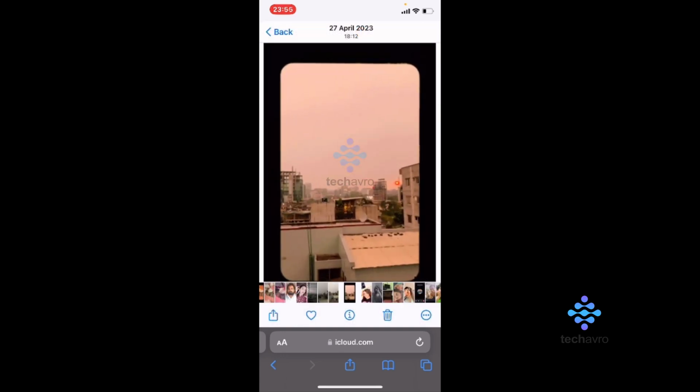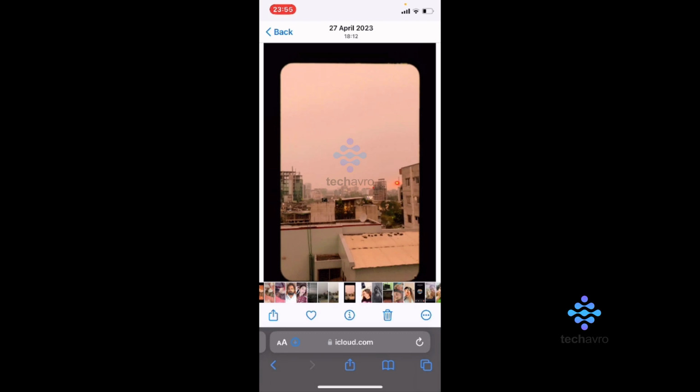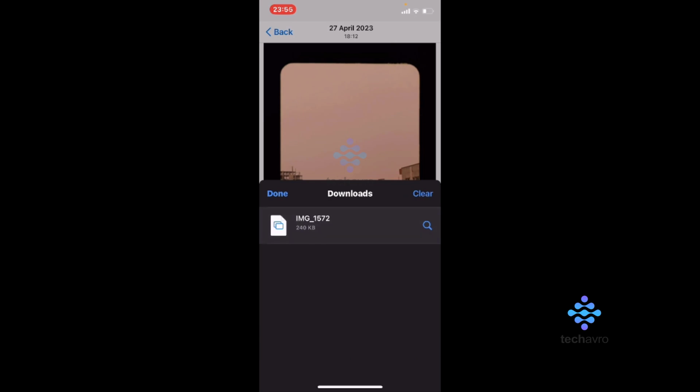And on the bottom right corner you can see the three dot option. Tap on that, and from here tap download, and now you can see on the bottom left corner the download button. Tap on this and go to your downloads, tap the image,